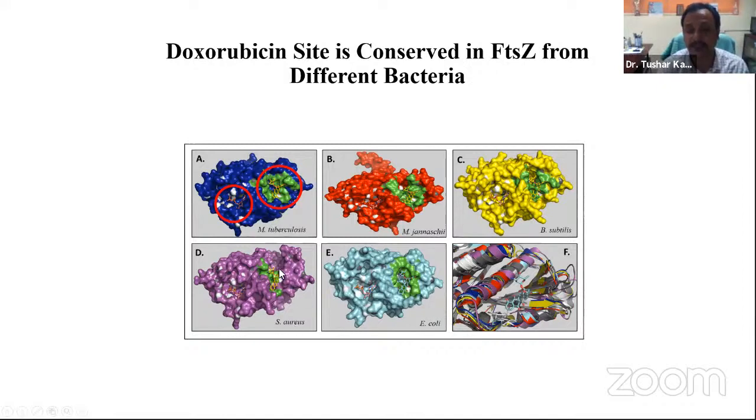So that site is quite conserved. This site can be targeted in the future for the development of new drug molecules. Okay, now this is one part of my work, but today I'll tell a success story about some compilation